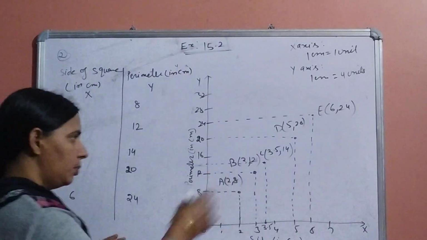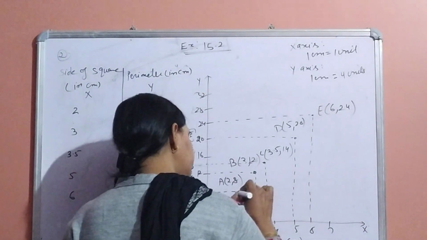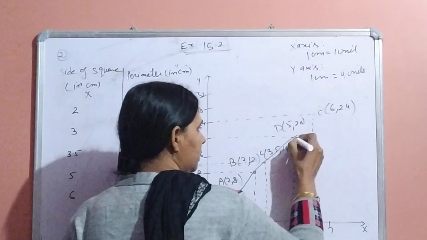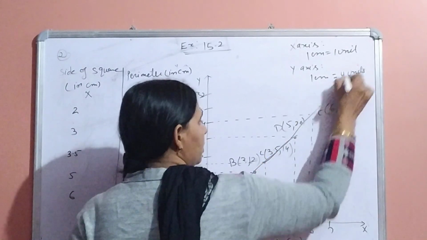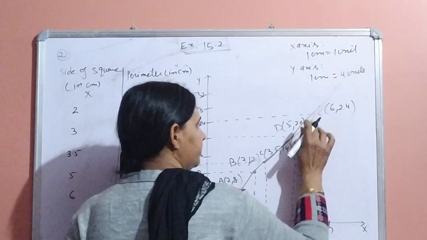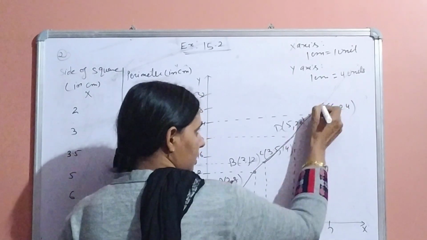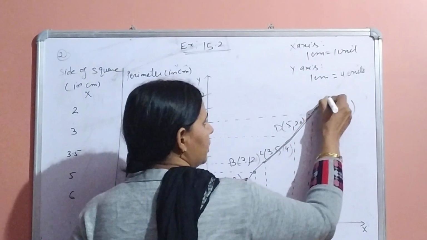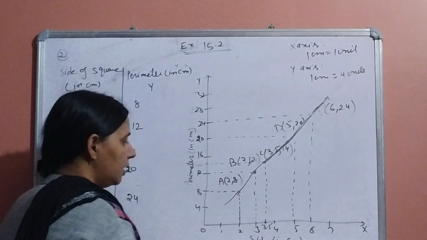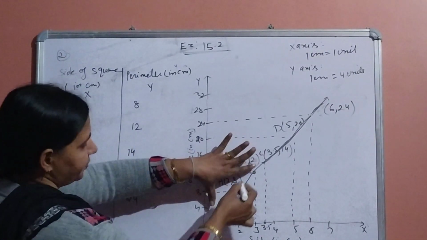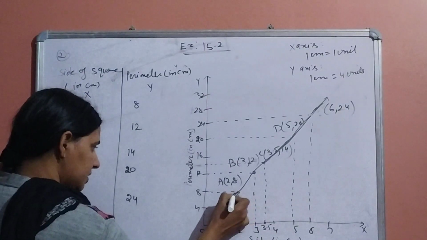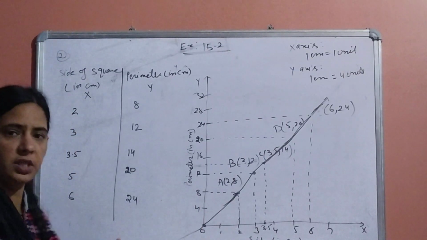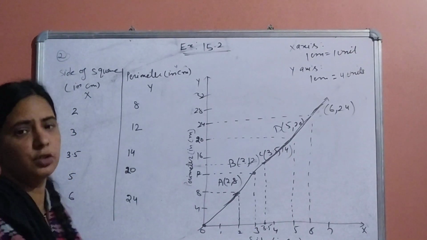Now draw these points, take a scale and join these points by a line. When you join this, then you will see these all lie on a single line. On the graph, when you take actual measurement, then you will find these all points are lying on a line. And if you extend this line simply without moving the scale, if it touches the initial point, the origin, then you can say yes, it is passing through the origin.